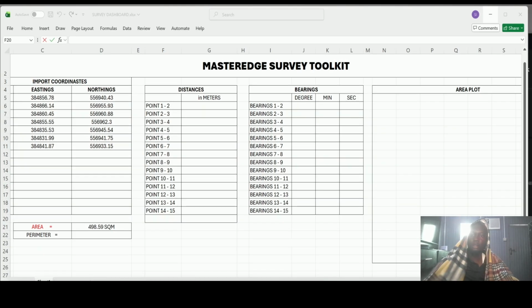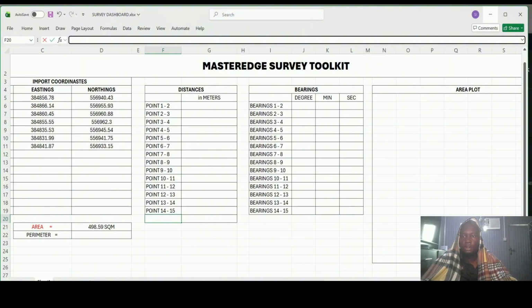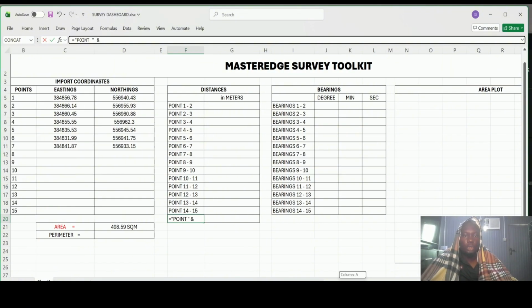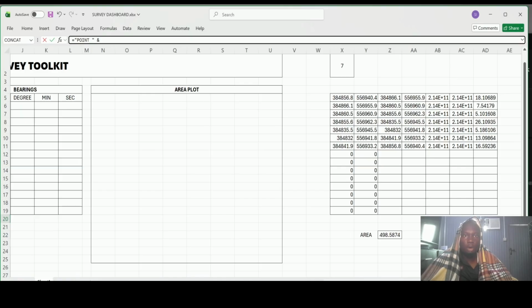The formula is equals to put our semicolon or dash, point, because I want it to show point, use space, then we use ampersand (shift 7), and since we already have our column that shows the number of valid cells, that is x2,